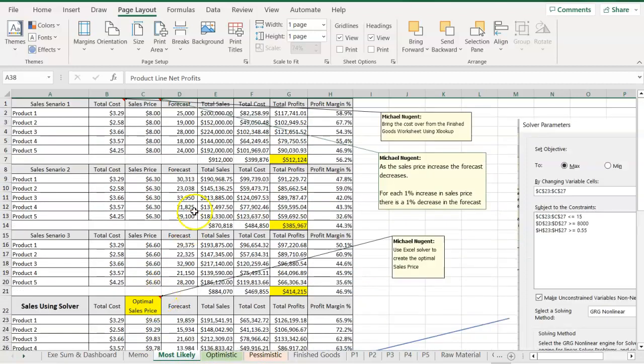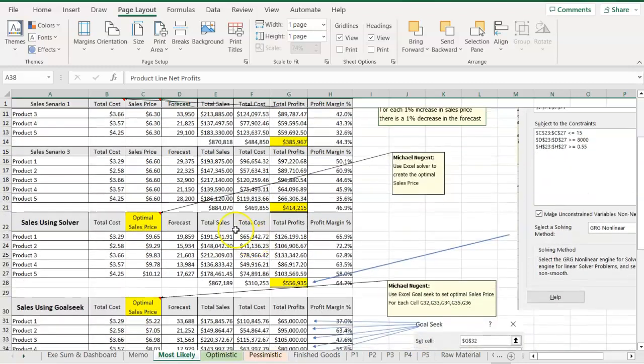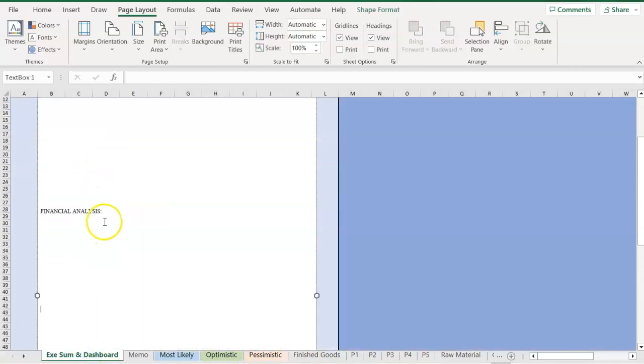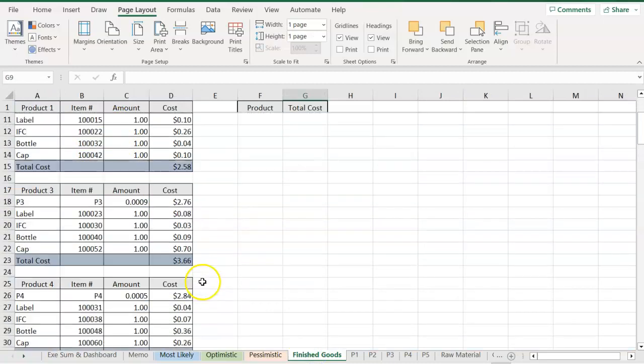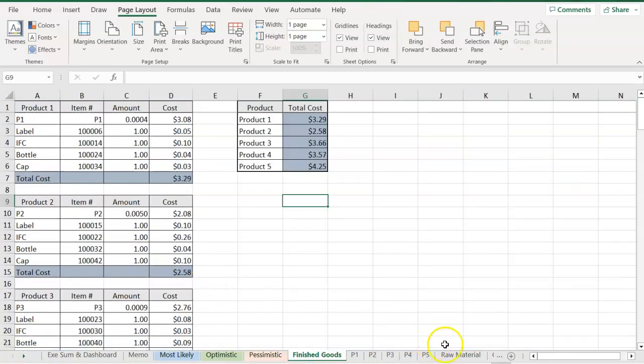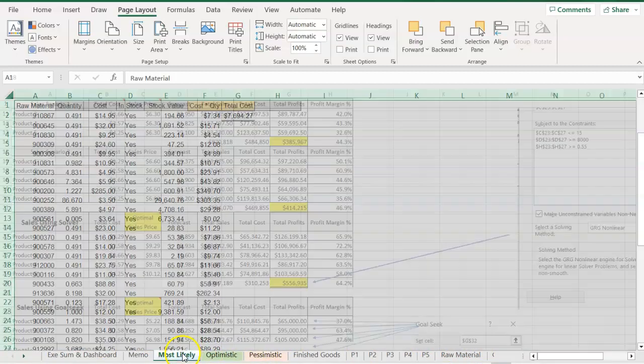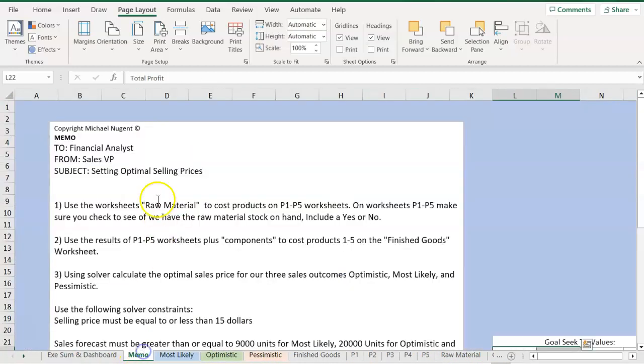And then you can easily make a series of charts and graphs based on this data. In the financial analysis, or in the introduction, you could talk about the process for costing each of these products based on the raw materials and components on the earlier slides. Okay, and that